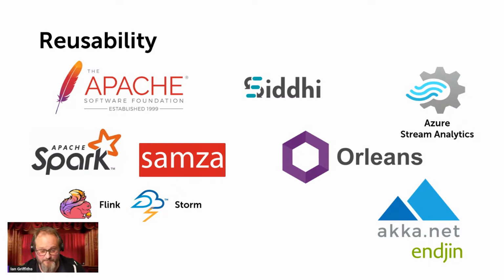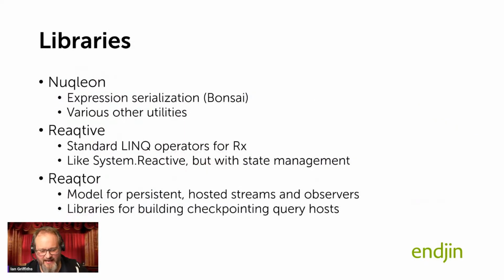But also, one of the big benefits of the way that the Reactor library has been structured is it's been designed to enable reuse at a lot of different scales. The way this works is that there are essentially 3 layers to the libraries. So you've got low level, mid level, and high level. The low level is called Nucleon with a Q. And this is where that Bonsai feature I just described lives.